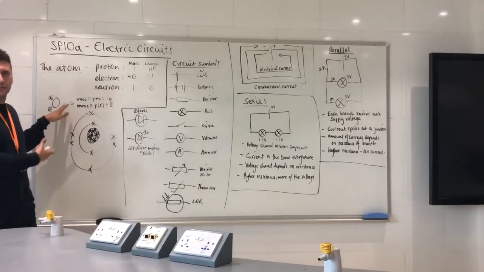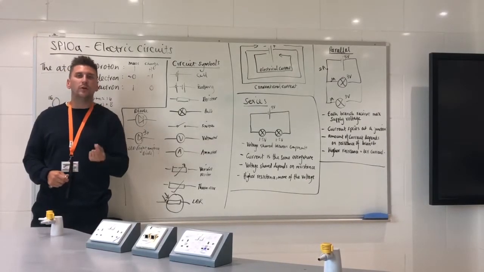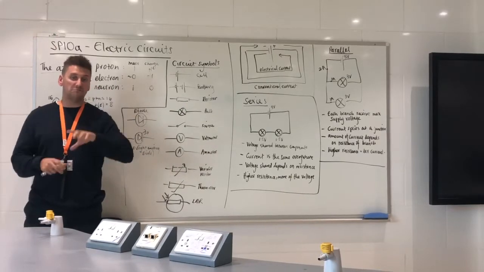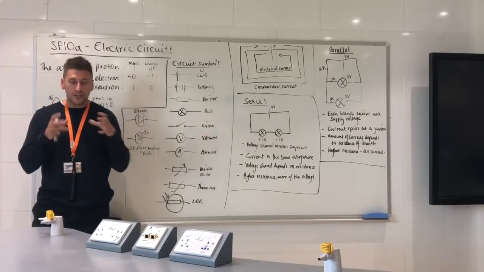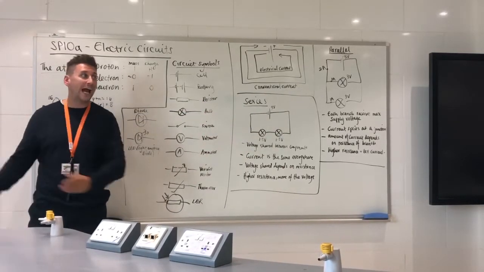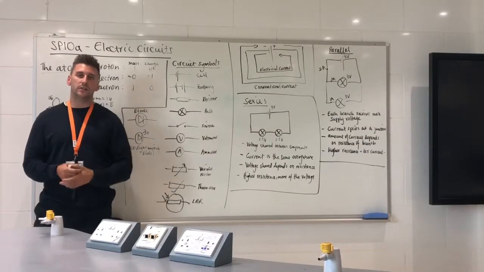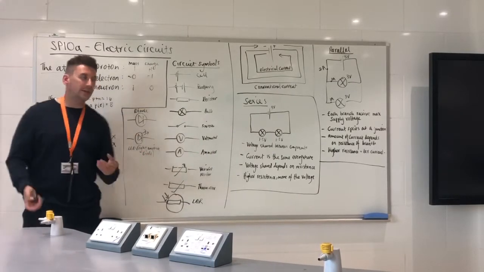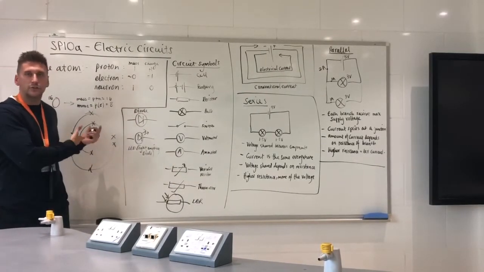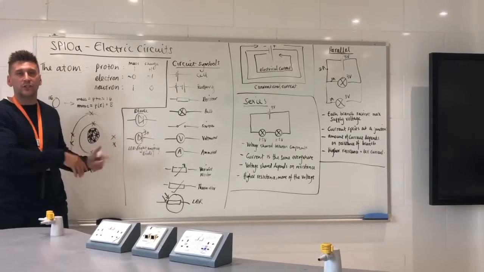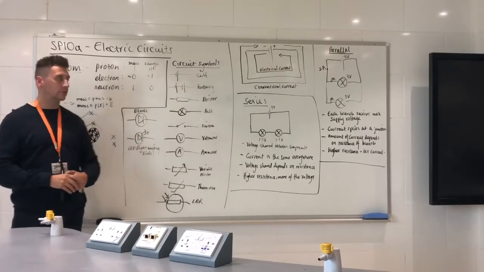This is a poor example, obviously this is not a conductor, but they have shells on the outside which have what we call delocalized electrons, which is 1 electron on average on each atom that is available to move between the atoms within the material. So they're not fixed to the atom itself, which means if we have a voltage, then we can provide that current and the electrons will flow around the circuit. So that's why metals are the best conductors of electricity, because of their electronic structure. So you need to be able to draw that and explain that the reason metals are such good conductors of electricity is because their outer shells have these valence electrons, these delocalized electrons, available to transport the electrical energy around